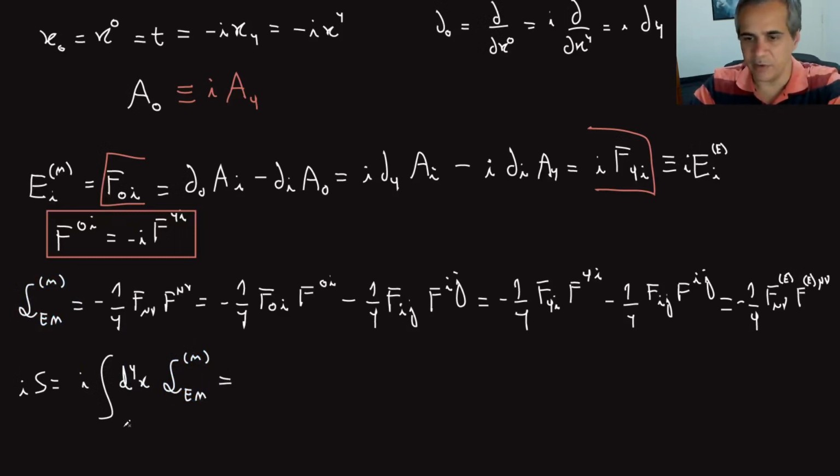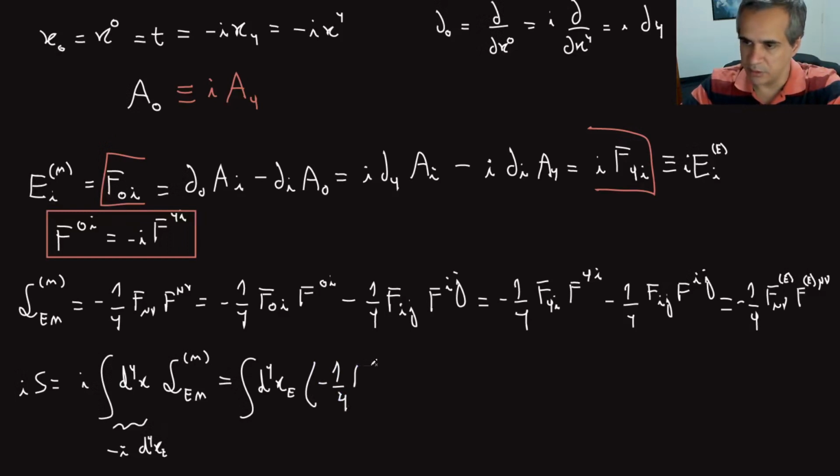Now, this d4x will become minus i that comes from the time component, d4x Euclidean, right? Minus i gets together with the other one outside here and just disappears. So I got just the d4x Euclidean, right? And this Minkowski Lagrangian becomes just minus 1/4, right? Using this expression, F mu nu Euclidean, F Euclidean ij,